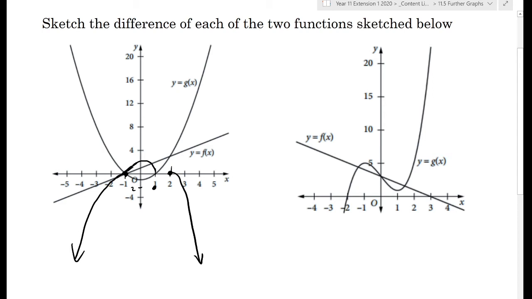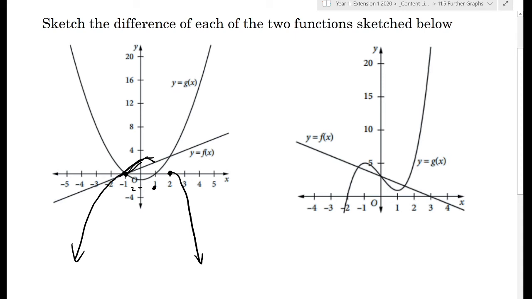Okay, so probably something like this. Okay, and then between 1 and 2, it's a positive, take away a positive. So it's going to leave us with a positive. So it's f of x is actually bigger than g of x. So it's a positive, take away a positive, but it's going to be a number that is less than this f of x line here. So when it's positive and when it's negative, okay, leaves me with a line that's bigger than the original function,